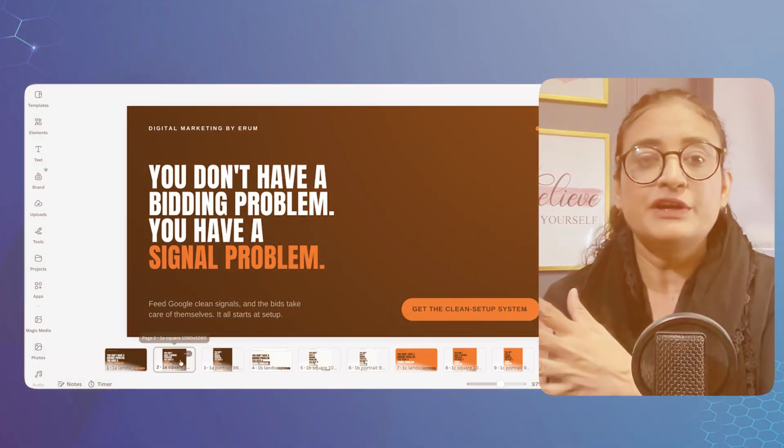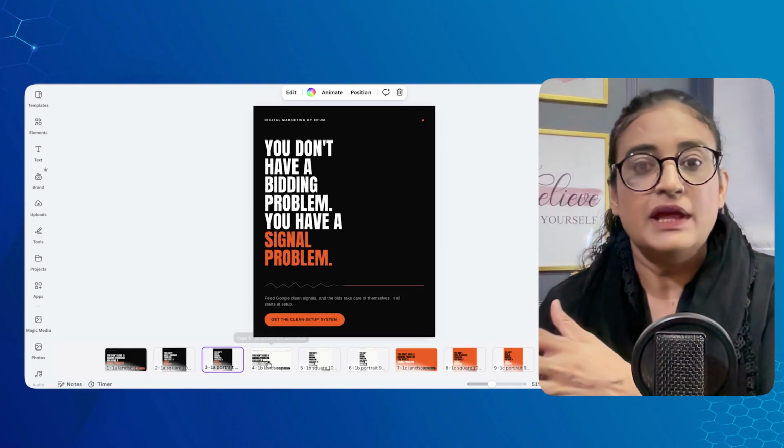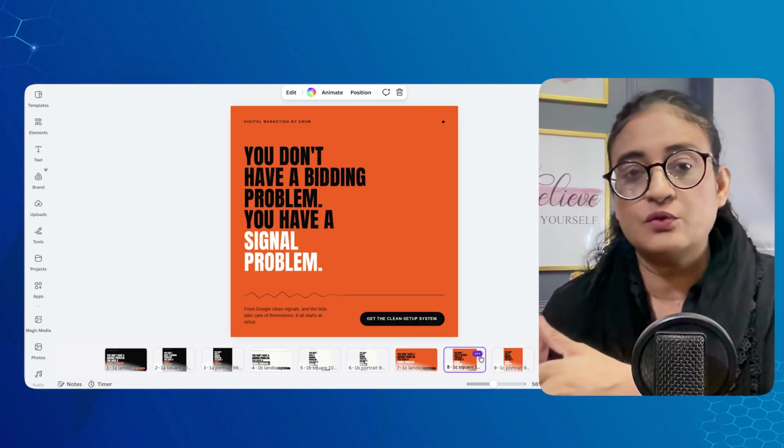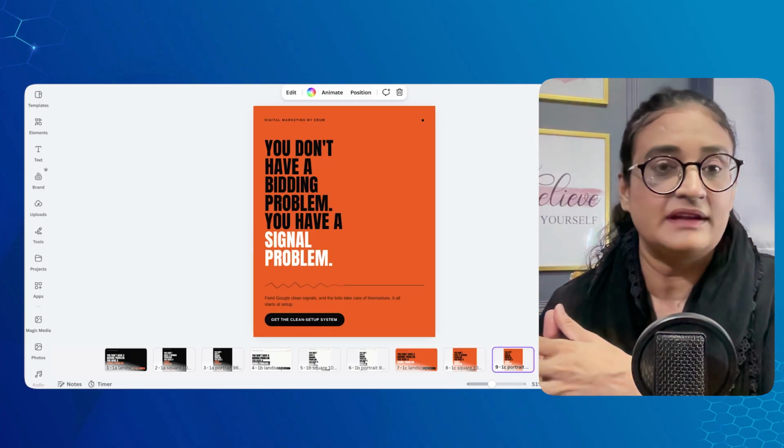And now here is tool number 6, Canva Magic Studio. For display banners you actually control. Magic Resize turns one design into every standard Google display size in one click. And one mistake you should avoid: don't let AI generate your brand elements. Your logo and your colors should be finalized beforehand by your graphic designer.